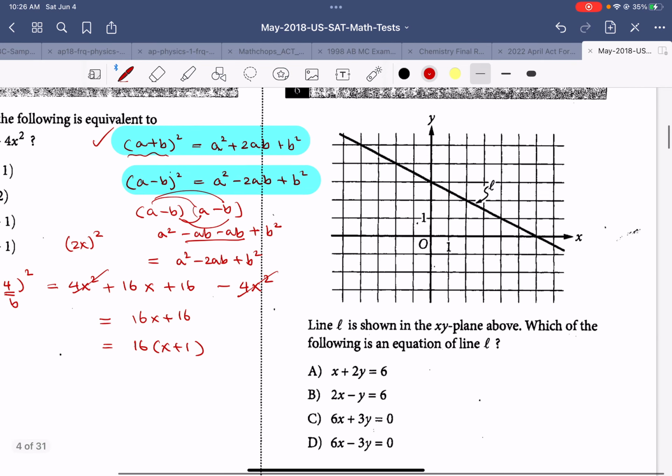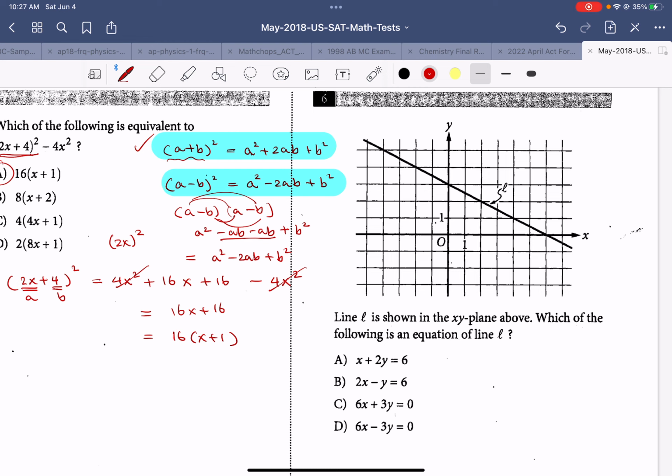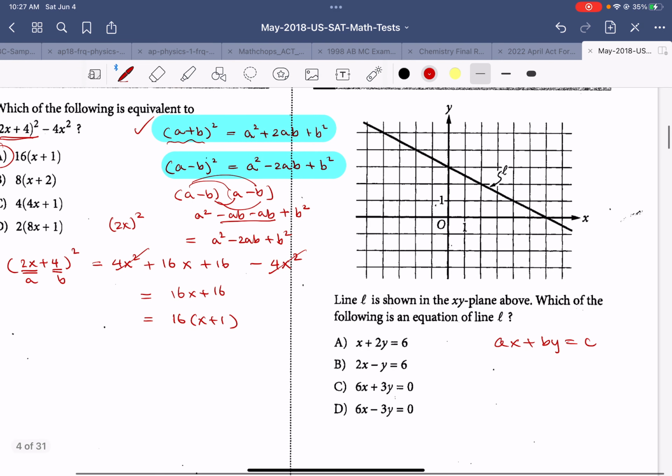Line L is shown in the xy plane above, and which of the following is the equation of line L? They give you standard form. Standard form of the equation is ax plus by equals c. But you can easily tell slope and y-intercept from the graph. So I'm going to use slope-intercept form. Intercept is 3 here, and slope is